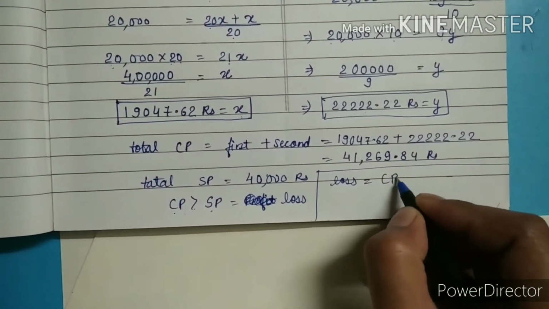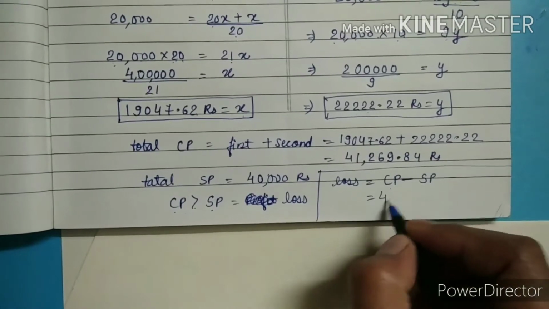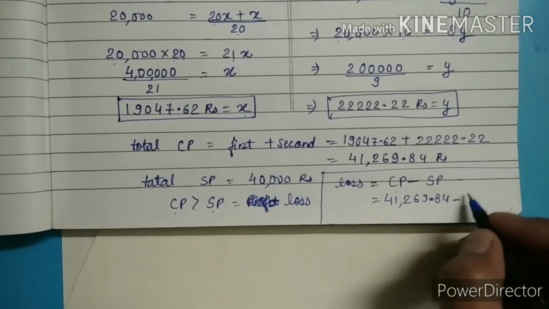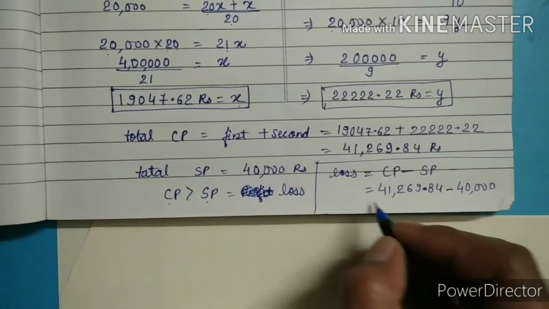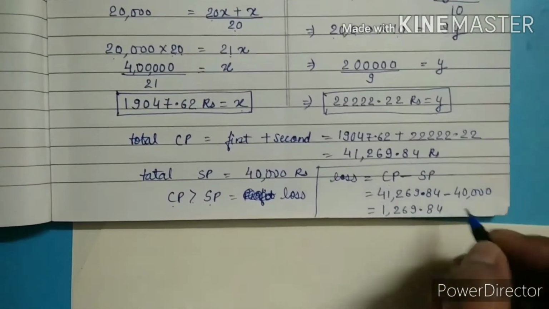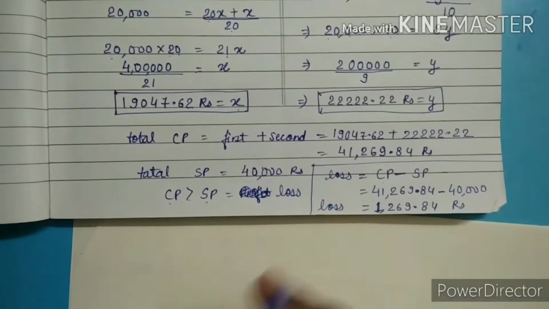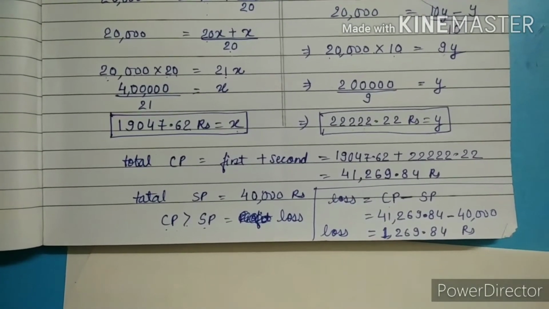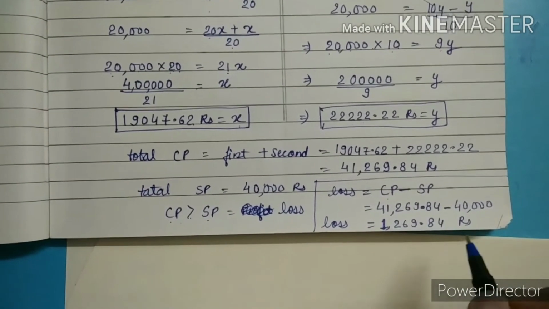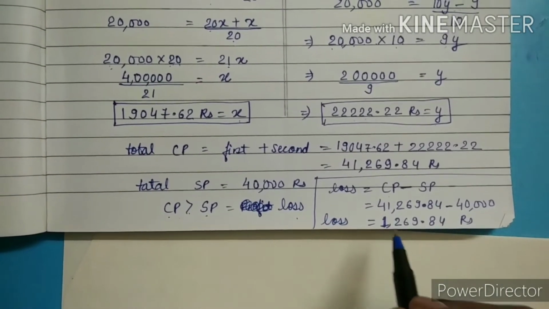So we can easily get how much the loss is. Loss can be found as cost price minus selling price. Cost price is 41,269.84 minus selling price 40,000. It will give us 1,269.84 rupees loss. It is the loss on both buffaloes that we get. So this is the main answer, that we have to find the overall gain or overall loss. So overall we get a loss, and the total loss we get is